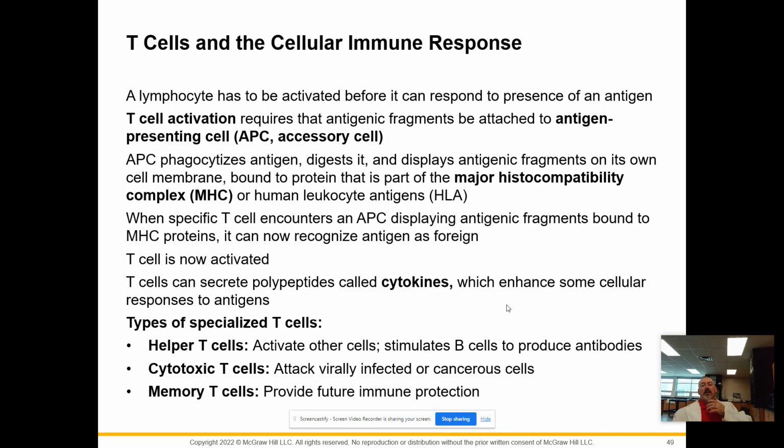All right, let's start talking about T cells. T cells are not activated until they have something that says it's time to go. And there's going to be a type of cell that's going to phagocytize and eat something. And this is going to be an antigen presenting cell. The antigen presenting cell, just like what you would think, is going to eat something, phagocytize,